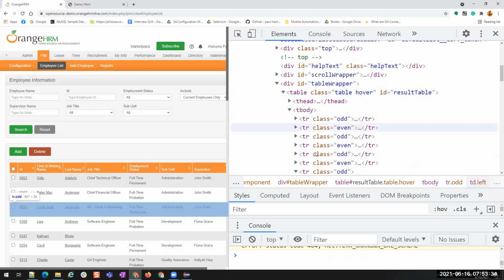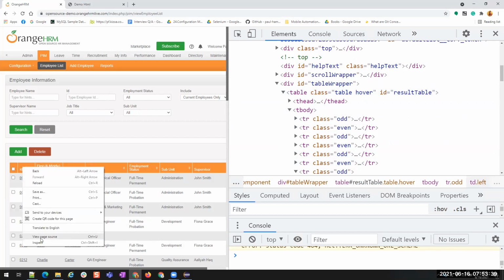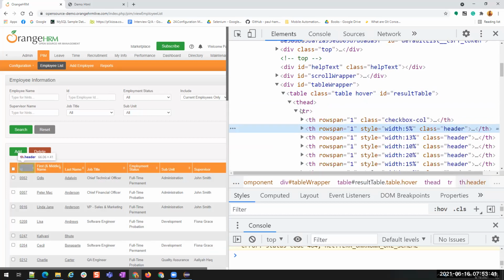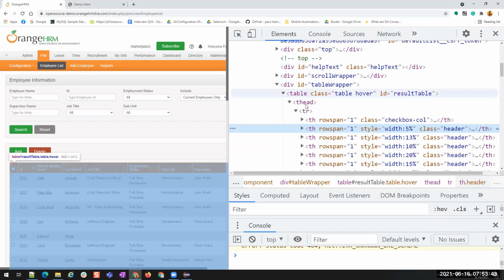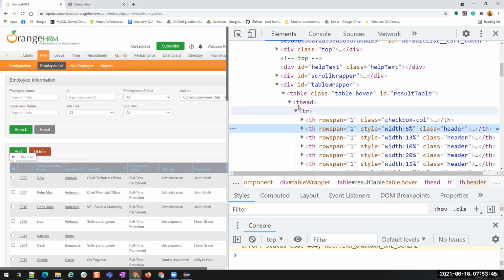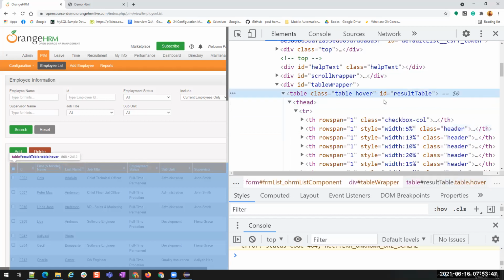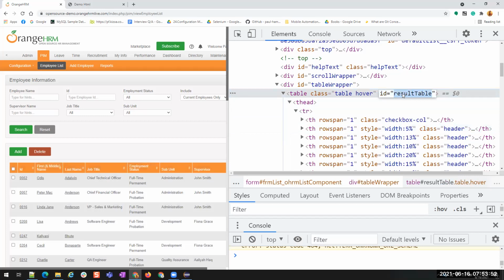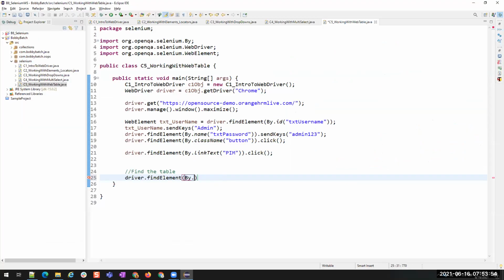Or if you don't want to do that scrolling activity, then just select the first row and click on inspect so that it will be very near to the table. First row will be very near to the table, right? So here is a table. Now we have the ID for the table. What is the ID? Result. Okay. By dot ID.